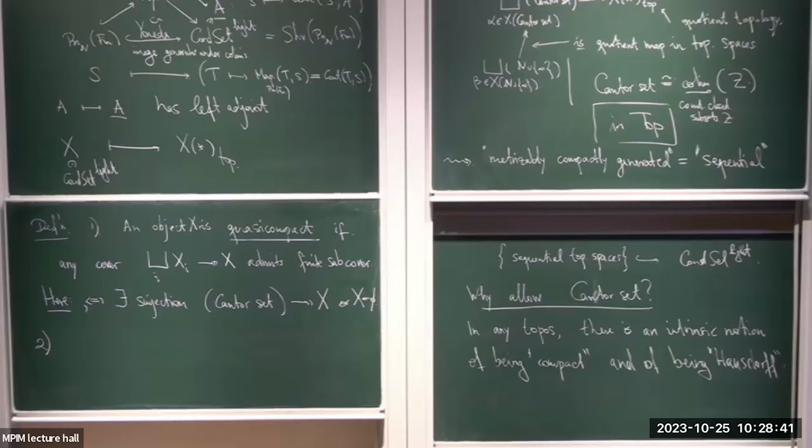So in general, this would say that, assuming enough quasi-compact objects, for all quasi-compact Y and Z mapping to X,